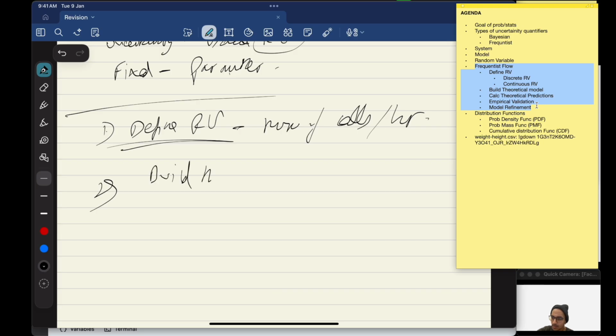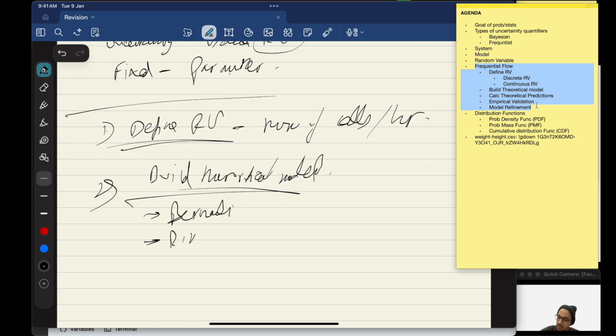You can actually create your custom ones, but we will only look at something that's already predefined. So you have predefined distributions like Bernoulli, binomial, exponential, geometric, Poisson,